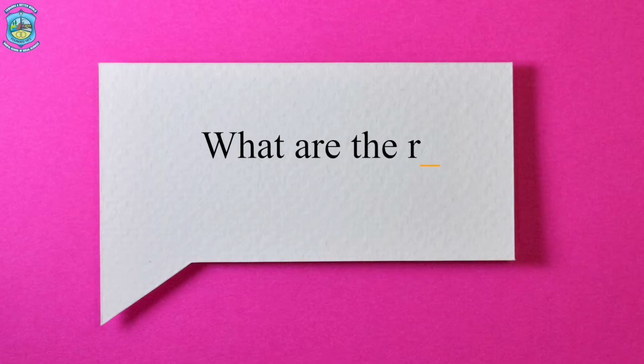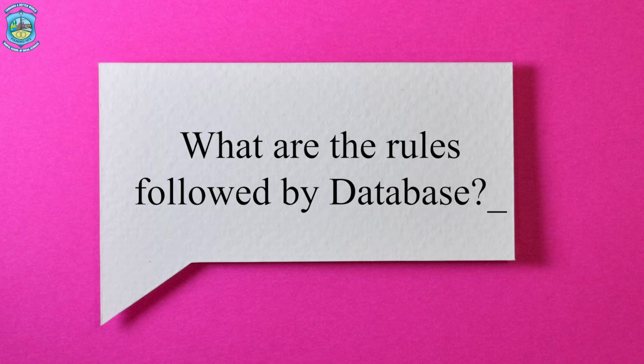That means it is feasible for a company to maintain data for its own use, not for another company's use, right? So a database is an organized collection that provides related information on the basis of certain rules and specific meaning. What are the rules followed by a database? A database should show simultaneous change with the change in the real world. That means our data needs to be constantly updated.